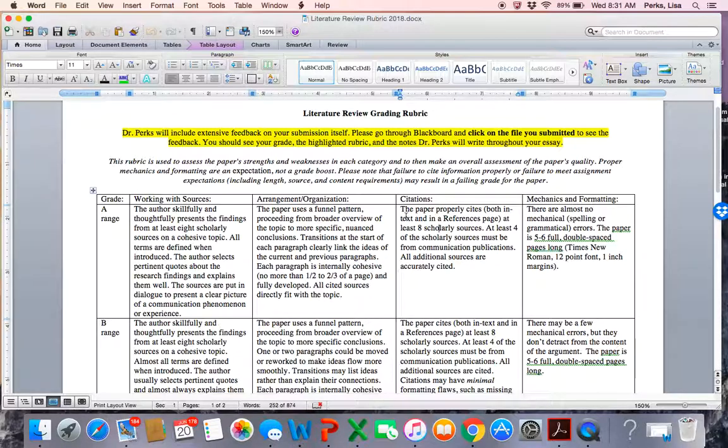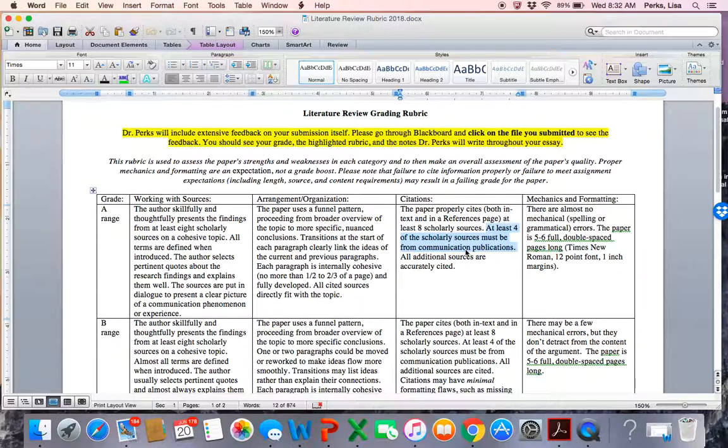Right, the paper properly cites at least 8 scholarly sources. I've really tried to give guidance and help along the way with this, but you'll have to refer to Purdue OWL, which is the online source I've been talking about, to know how to cite sources properly. So make sure if I've given you corrections or told you a source needs more information, that you've actually done that, because it is frustrating for me to give my time and to help with that, but the changes aren't actually made. So keep that in mind, and when you're doing at least 4 of the scholarly sources from communication